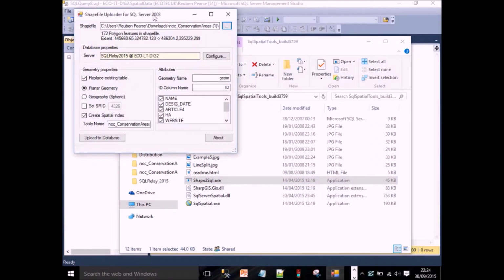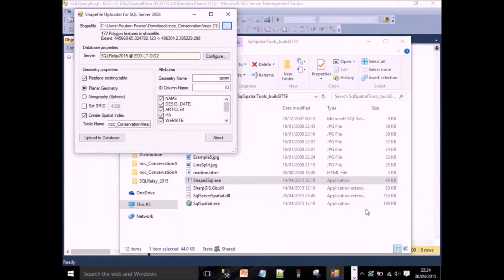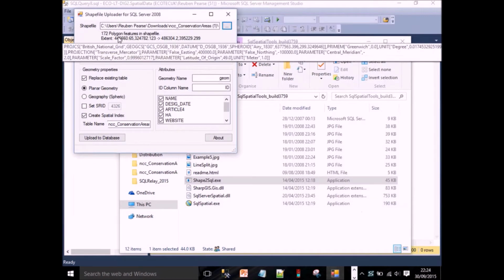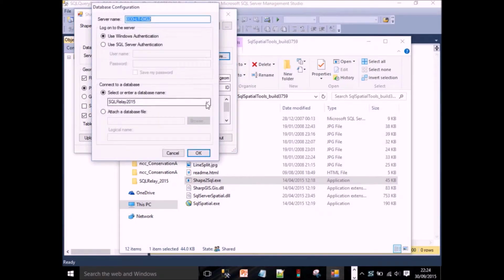We've got some header information displayed at the top here. Let's choose our shapefile. We've got header information here, a summary of the contents of the shapefile. Let's just check where that data is going to get imported to. That's the right database, and the right